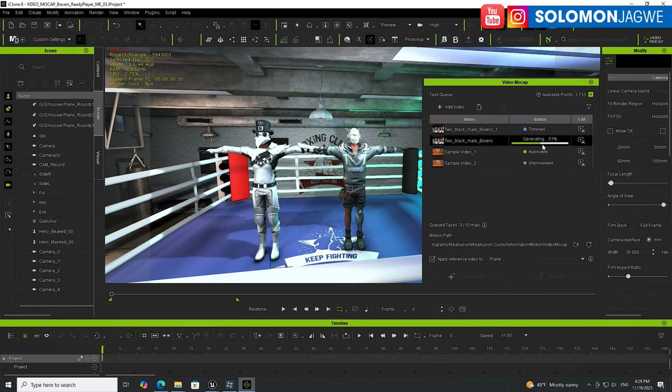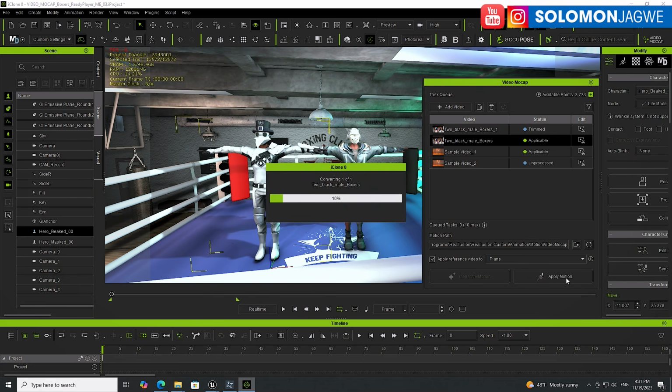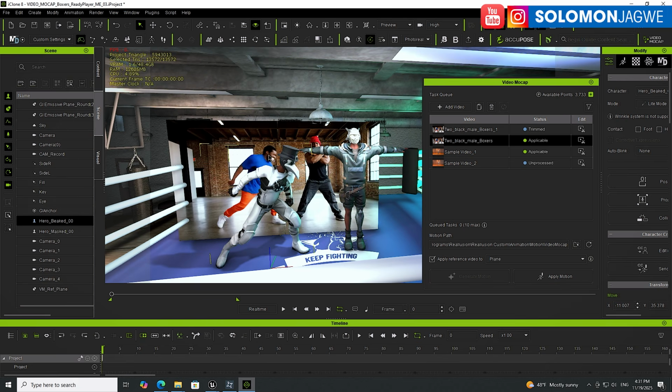So as you can see, it's going through and processing the character. All right, so this one has been processed, and when you select it, it will show up as applicable, so you can apply it to the character. So I'm gonna do this one because that's the first one we applied. Click on apply. As you can see, it matches up with that character back there. So if you play back,